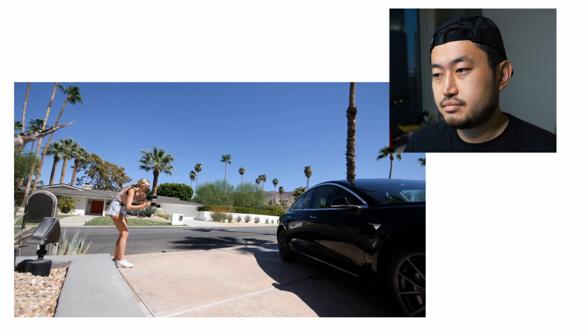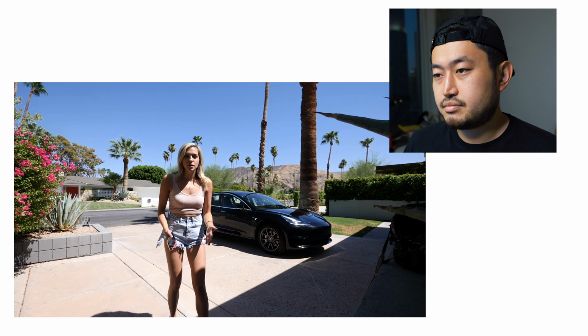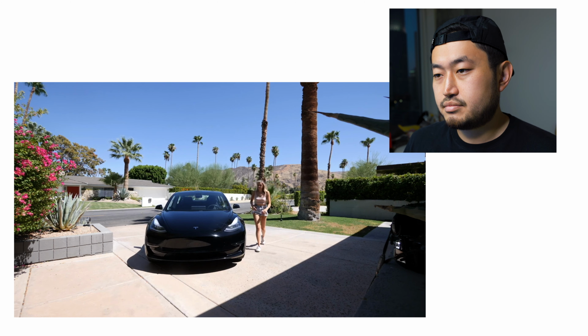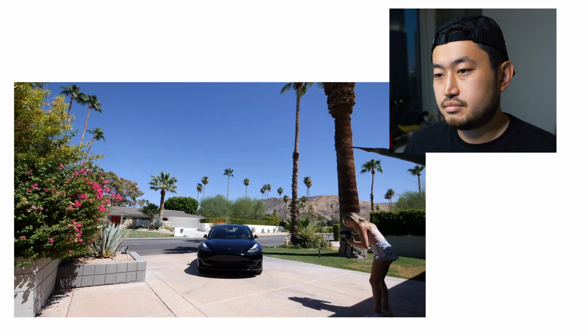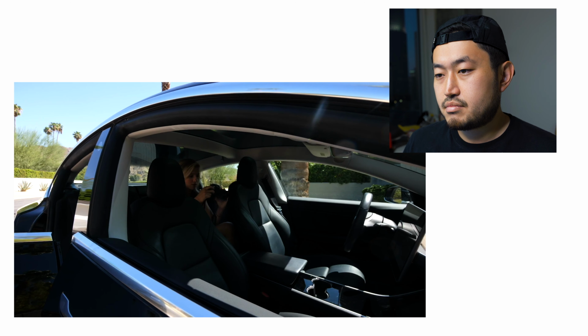Now it was time to take some photos and revamp my listing. Okay, so the Turo app wants you to take photos of the front, back, side, and inside of the car. I want these photos to look amazing, really sell the car, so I'm just gonna rearrange it so it's diagonal. So I took photos from every angle of the car. I used a DSLR because I have one, but I think you could totally get away with just using an iPhone. Just anything with a really wide lens is gonna look good, and this really only took me about 10